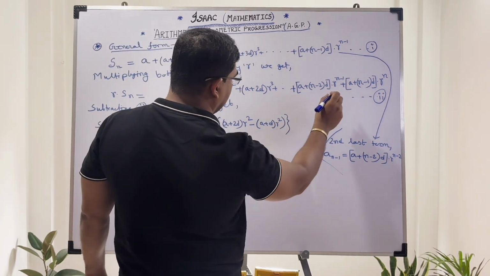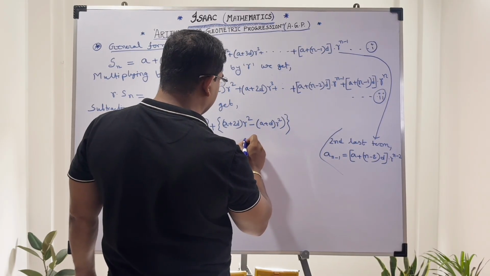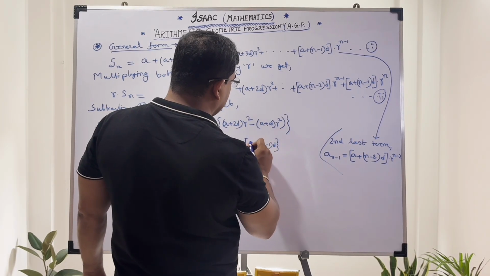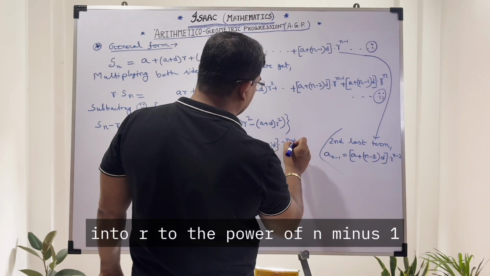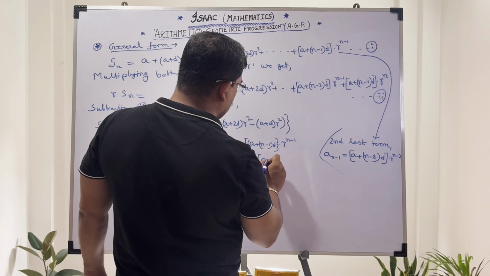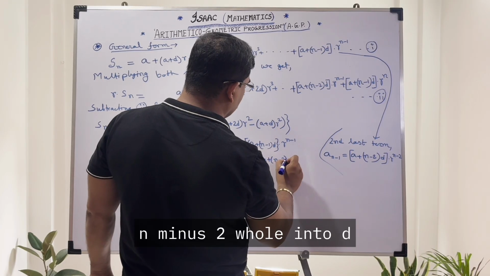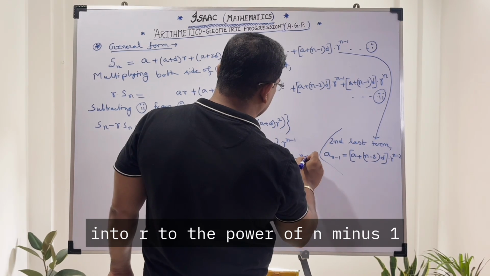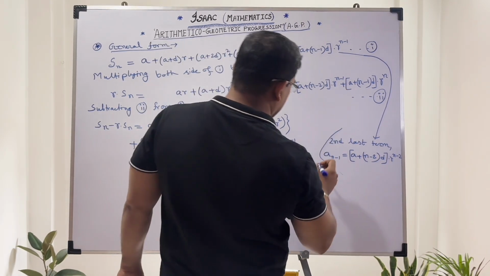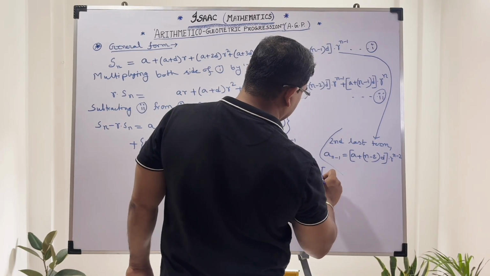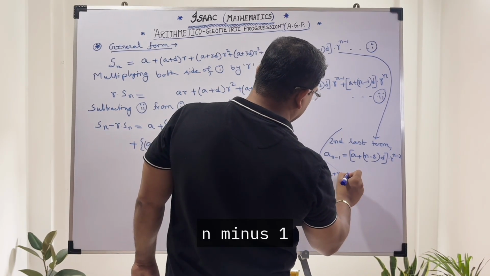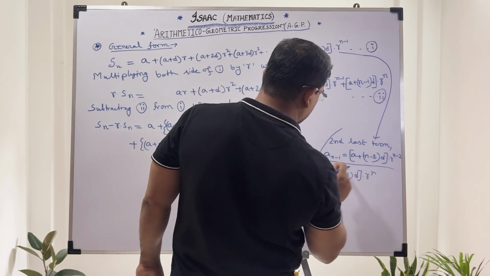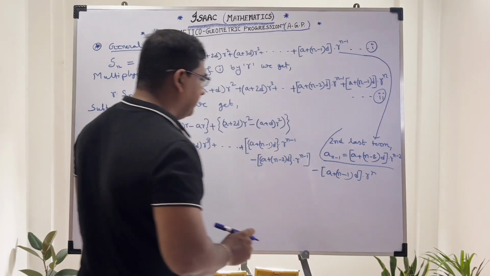this way, plus A plus n minus 1 into D into R to the power of n minus 1 minus A plus n minus 2 whole into D into R to the power of n minus 1, and the last term becomes minus of A plus n minus 1 whole into D into R to the power n. Okay,